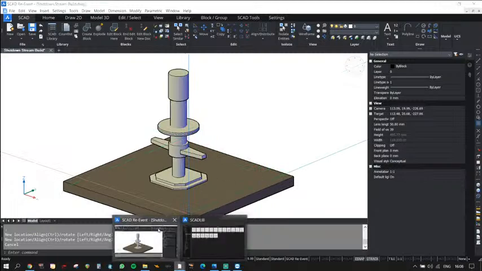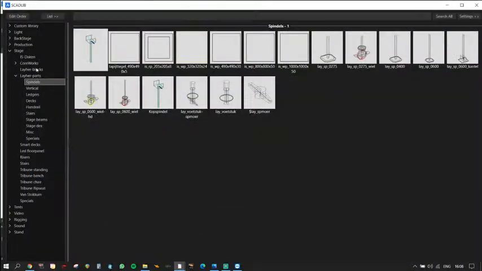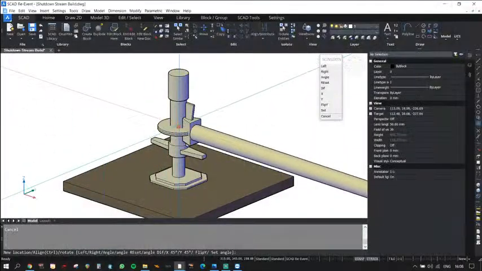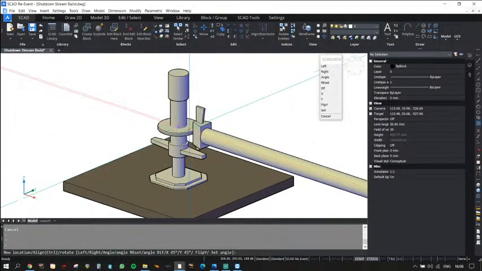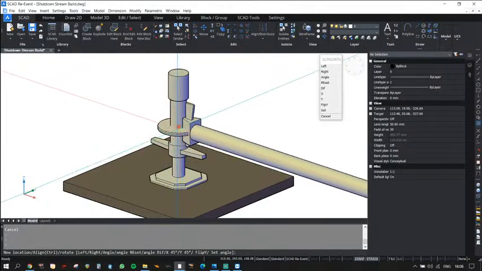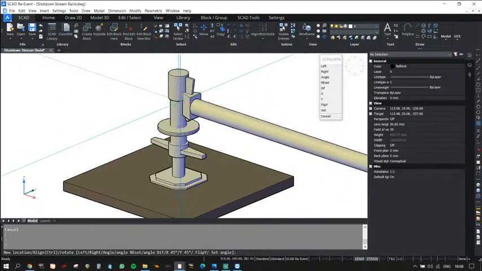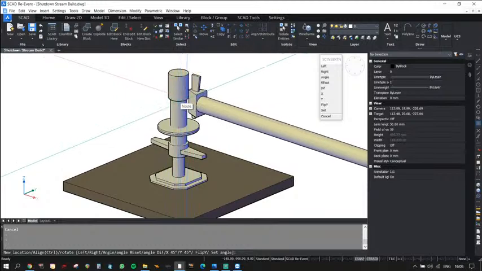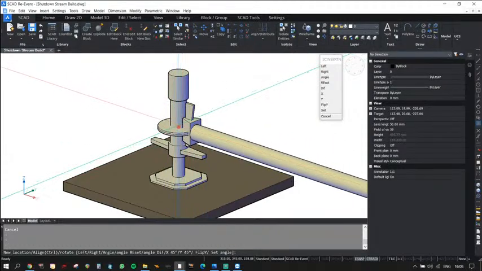So now we're gonna place some ledgers. We need a 2 meter one. So now as you can see, I can hover over to the center point of it, and it will immediately snap to it. There are a few snap points. There's one up here for the verticals that are going upwards, and down here you can see the ones for the